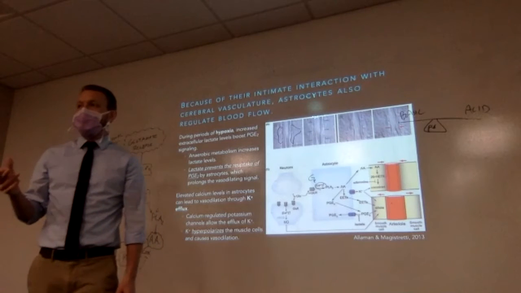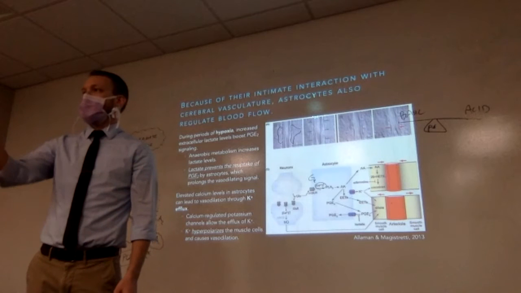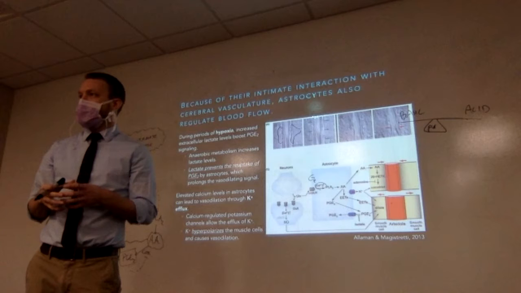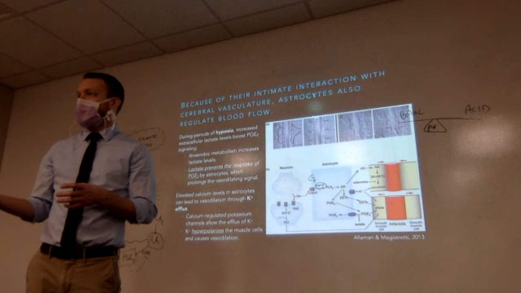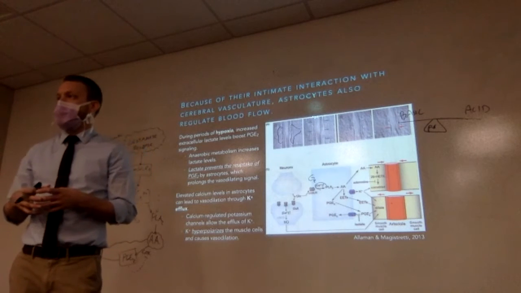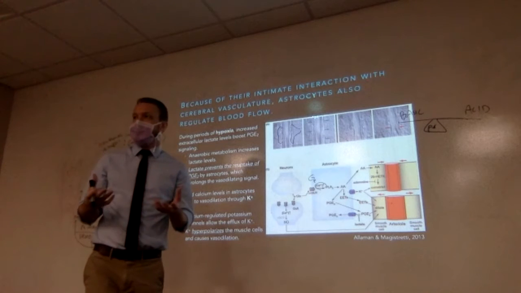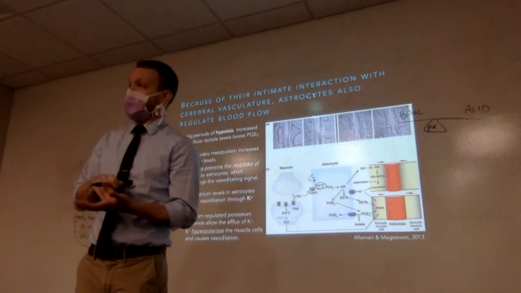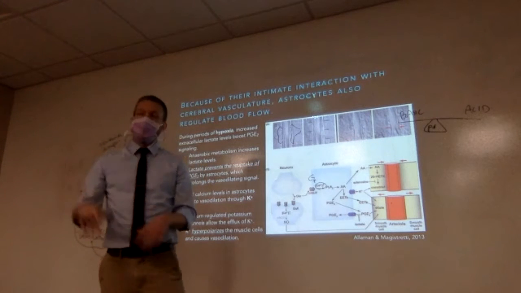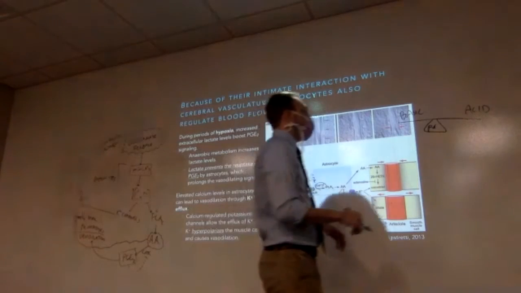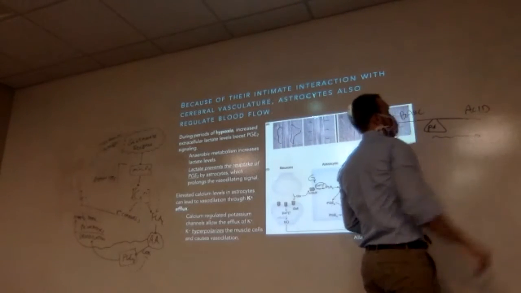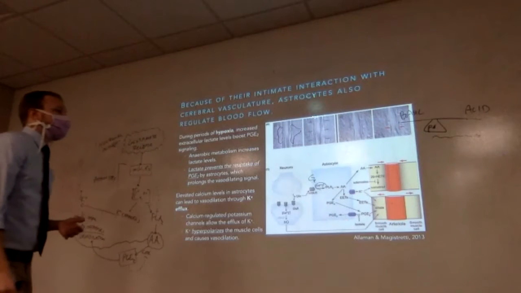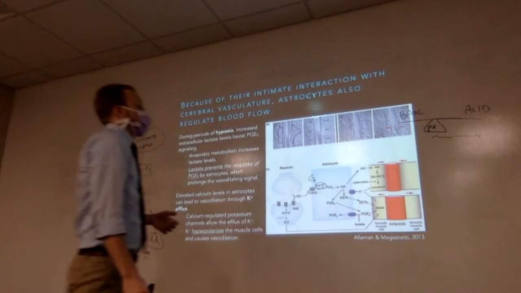Has anyone ever cultured cells? Great. So usually you start off with a nice pink or red media, and then it becomes yellow over time. That's because of acidification. So those cells are living. That's a good thing. The fact that they're alive means that they're going to undergo metabolism. They're going to drop the pH, and that's what you're seeing. You're seeing a change in that pH indicator. So life is going to move us toward acidic pHs because we're always making ATP. This is going to drop the pH.